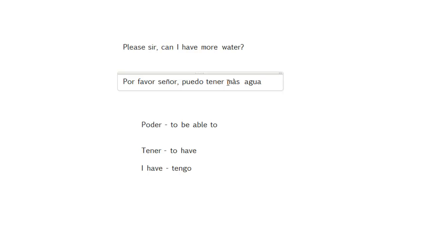It's also your body as well. Your eyes, you know, if you're questioning eyes, can I have some water? ¿Puedo tener más agua? Puedo tener más agua, por favor. It also depends on the context, how you're speaking. Don't get too wrapped up in doing that. But that's just a good way to practice, of course. So that's why we say it. So, por favor, señor, puedo tener más agua.